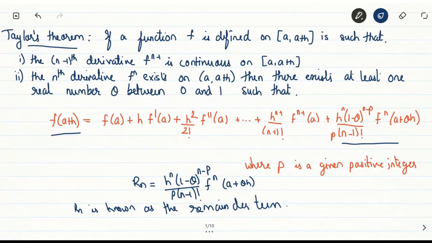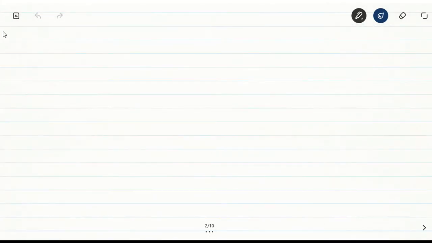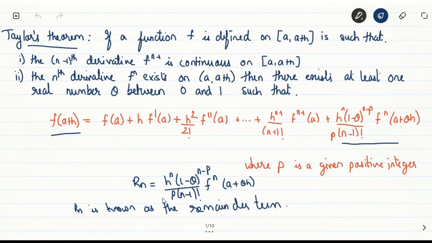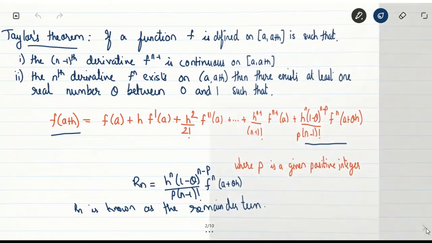Now this Taylor's theorem gives rise to what is known as Taylor series. So what is Taylor series? As n tends to infinity, if Rn tends to 0, if the remainder term, the remainder term which we have discussed here, this remainder term Rn, if this tends to 0, then our expression becomes